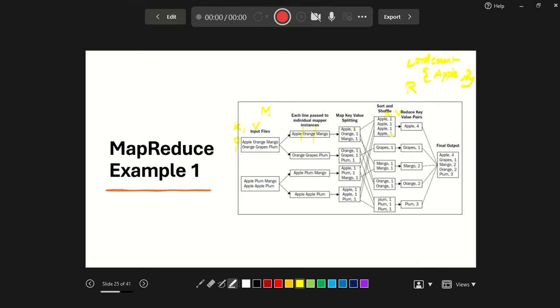See, apple is already present in the dictionary. So what you have to do is find the count of the apple. What is the count of the apple? The count of the apple is 3, add it to this 1. So it will become 4. Okay, so like this